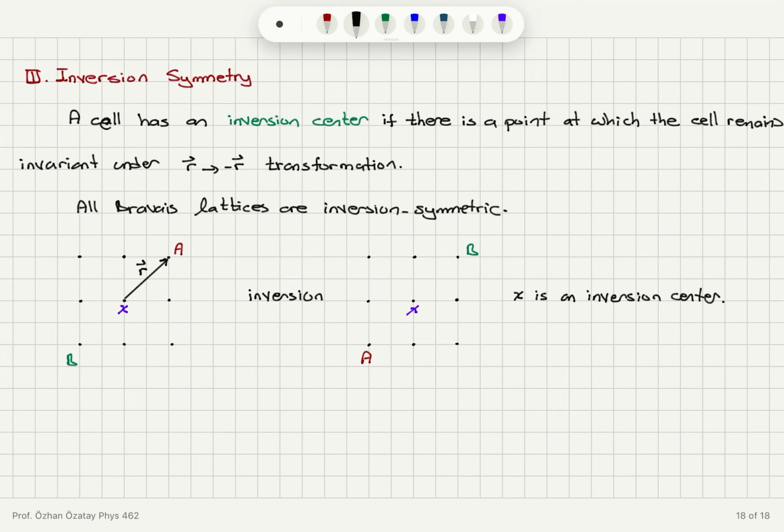As for the inversion symmetry, a cell has an inversion center if there is a point at which the cell remains invariant under R to minus R transformation. So if I map all points at position vector R with respect to the inversion center to minus R and vice versa, then I find that the lattice maps onto itself, and X is an inversion center, so the lattice has inversion symmetry. And all Bravais lattices are inversion